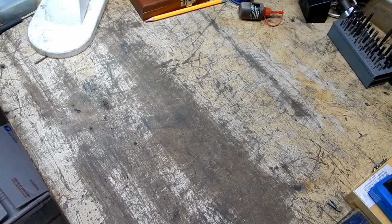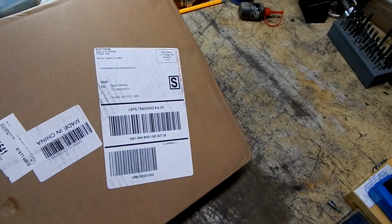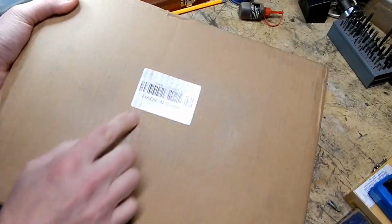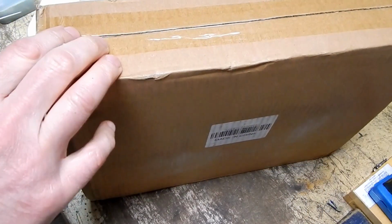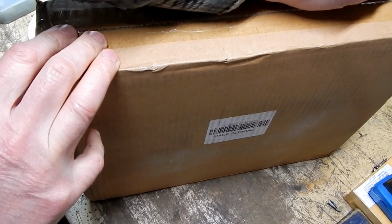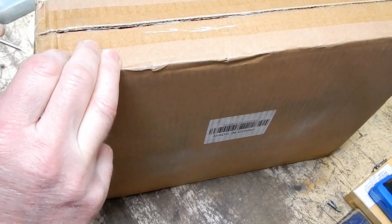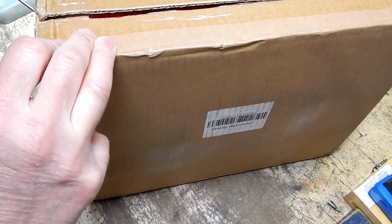And this final item is a cheap Chinese tool I bought off of eBay. This is a clearly made in China bearing puller set. So I've been needing a blind hole bearing puller for the Yerf Dog motor. And